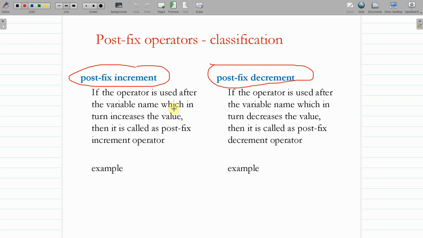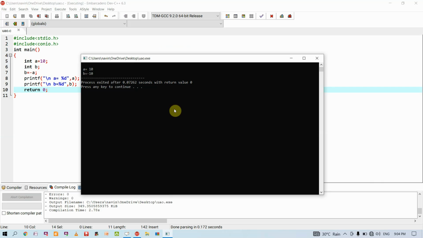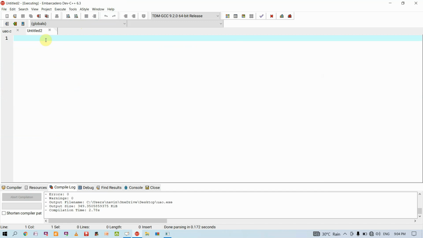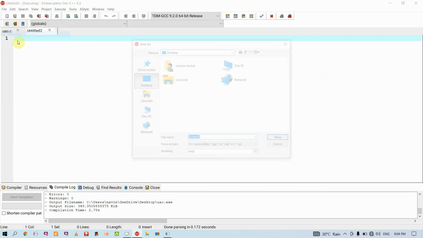So for that, we will be going into the Dev C++ interface, where you can easily understand by the implementation of the programs on each. So we have 4 programs to be executed now. The first one is prefix increment, the second one is postfix increment, the third one is prefix decrement, the fourth one is postfix decrement. Now I'll go here, and I'll go for a new file here, and I'll name this as